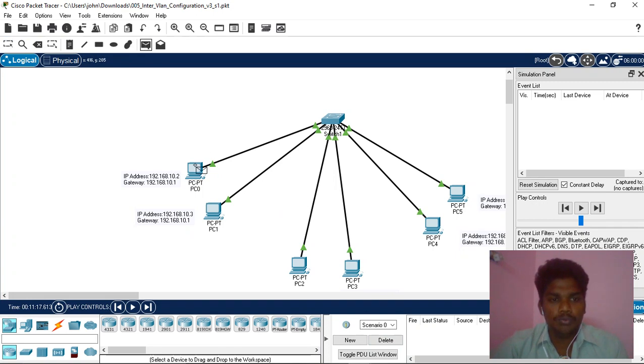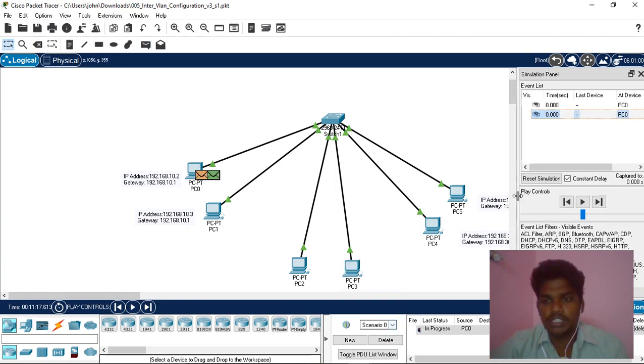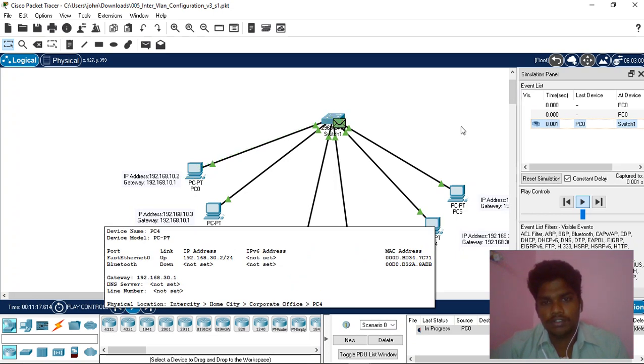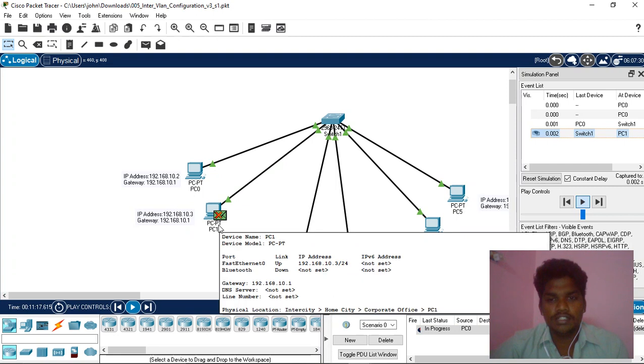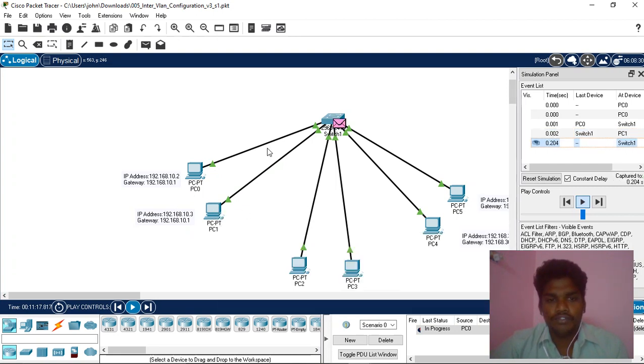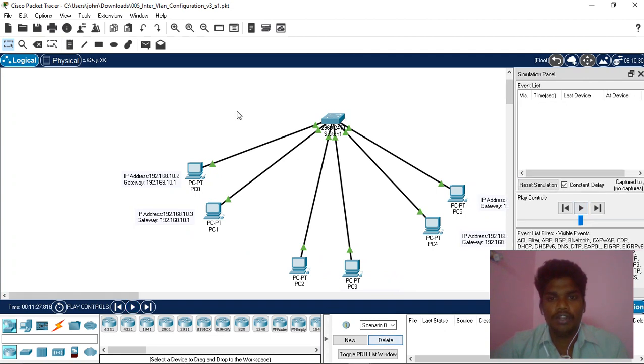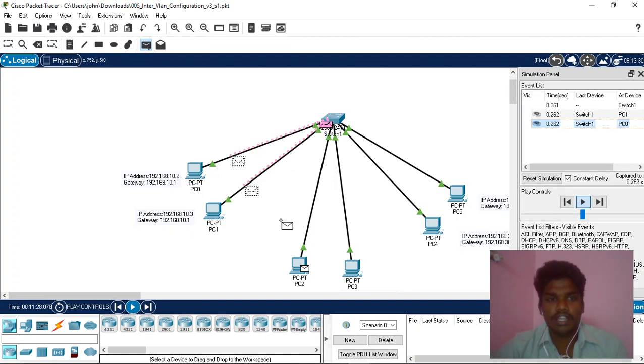So if we give PC0 to PC1, it goes to this side. The data doesn't get received. If we give PC2 to PC3, it works successfully. So according to the gateway only, the data can be passed, otherwise the data cannot be passed.